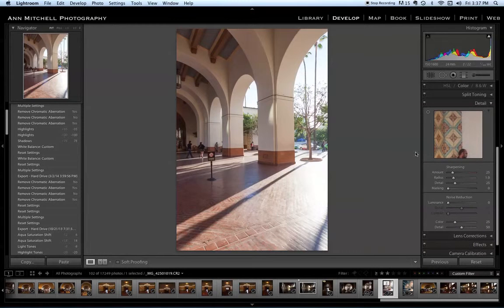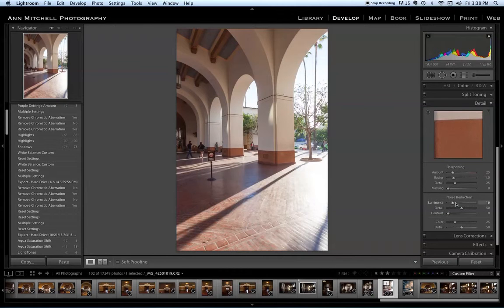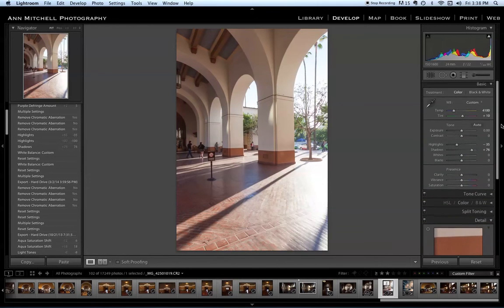And so the next part would be if we have issues related to noise. Even though this was shot during the day, it was at a semi-high ISO, and so I did pick up some noise. So you'd simply go into the detail area. We're going to do some noise reduction. You don't want to overdo it, so you balance it: too much of that luminance correction and you get a mushy image. It kind of starts to lose areas, and if you go too high on the detail, it brings the problem out again.